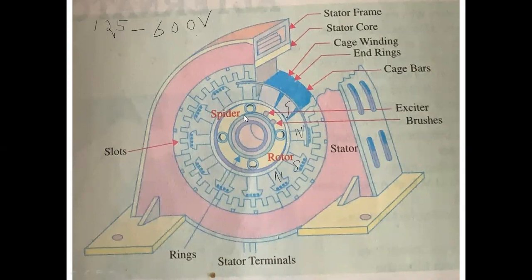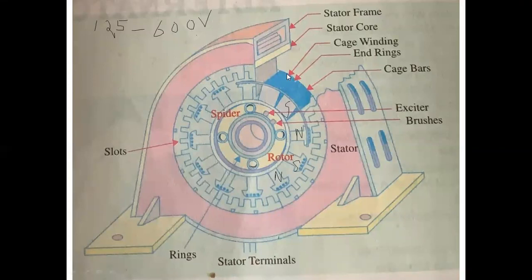Now, when the rotor rotates, the stator conductors are constant, right? The stator conductors on the outside are constant. So when the rotor rotates, the stationary stator conductors are cut by the magnetic flux. Hence, an EMF is induced in them. As the magnetic poles are alternately north and south, they induce an EMF, so current is induced in the armature conductors, which first flows in one direction and then in the other.